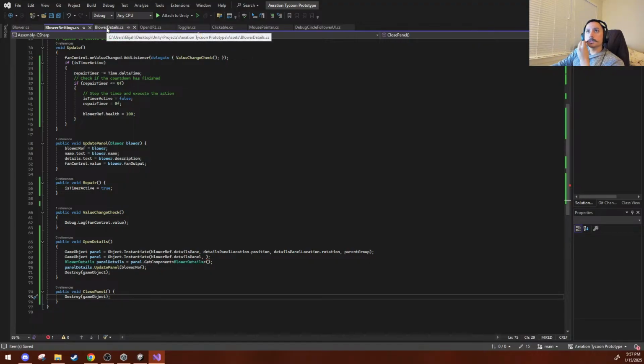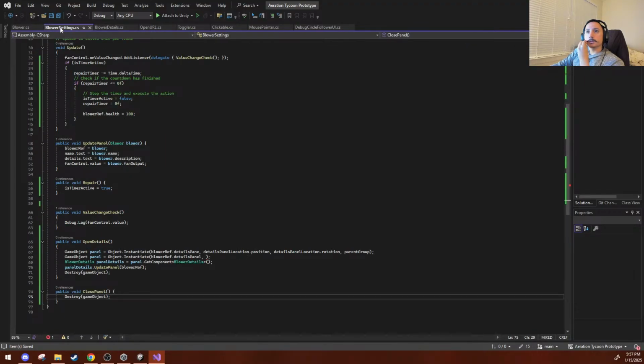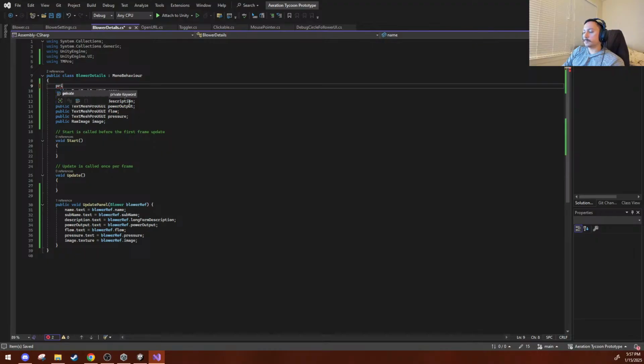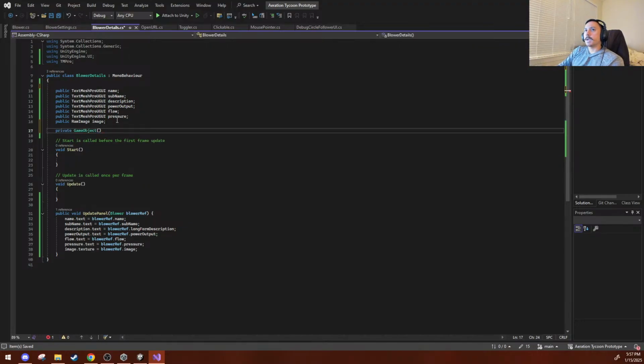So if I go to blower details, open details. So on open details, I'll update this panel, and I want to have a private reference to the details panel, because whenever I back out, I want to instantiate the prefab again. Private game object,